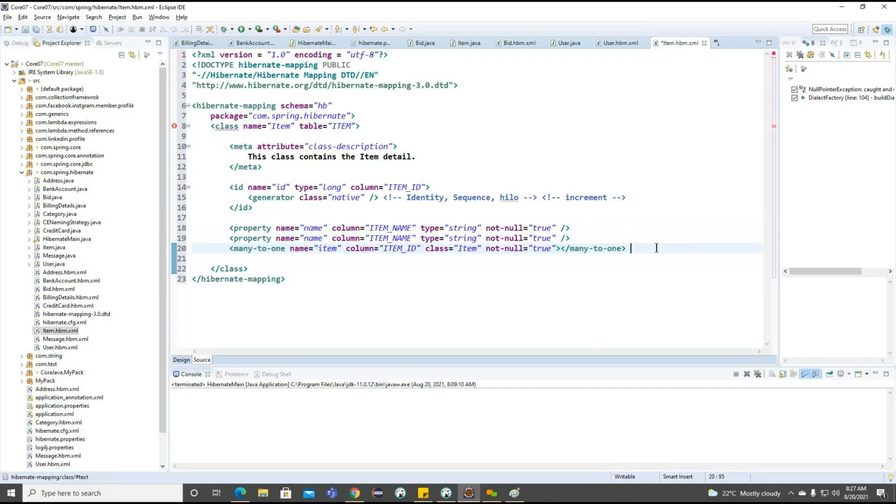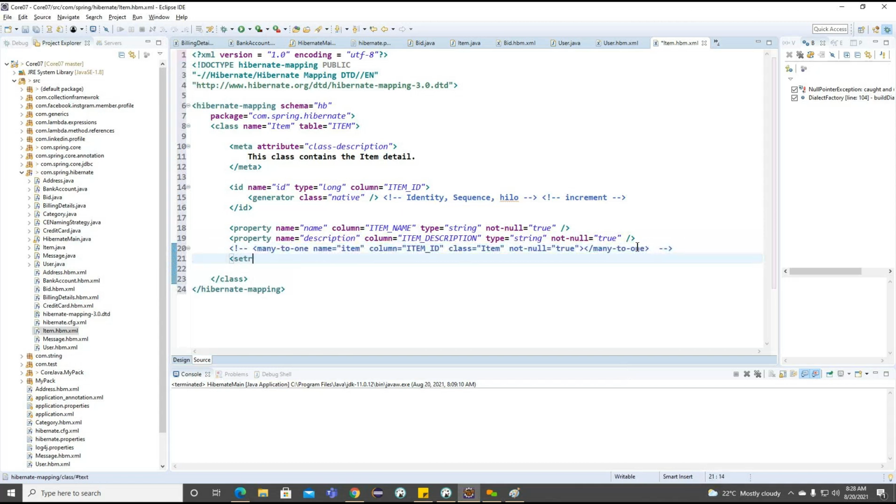It is a simple property. Item description, type string, not null. And here we need to work on the one to many join here. Getting the point? So we need to work on the one to many join here. So whenever we are working on the one to many join here, this tag we are not going to use.